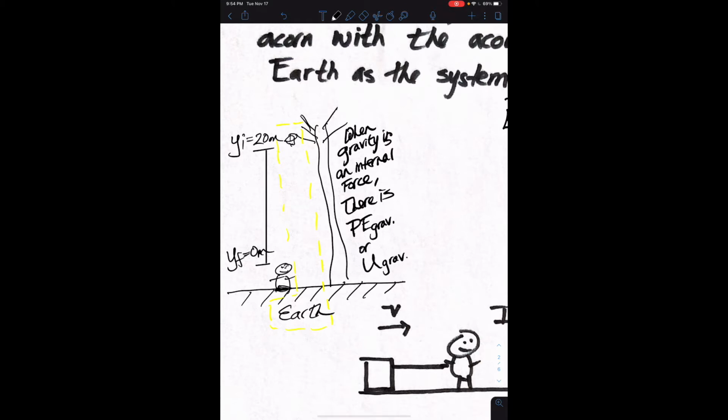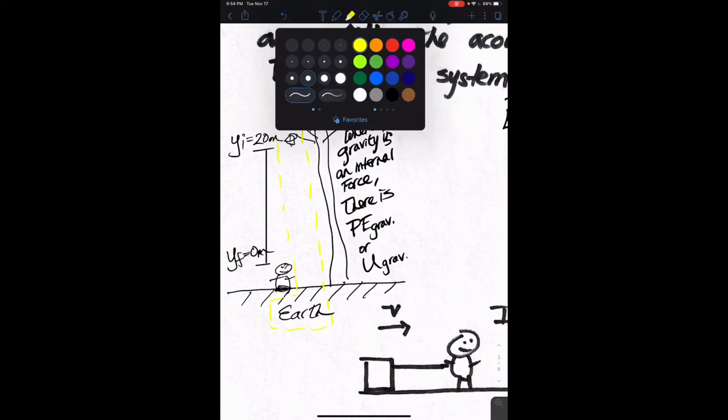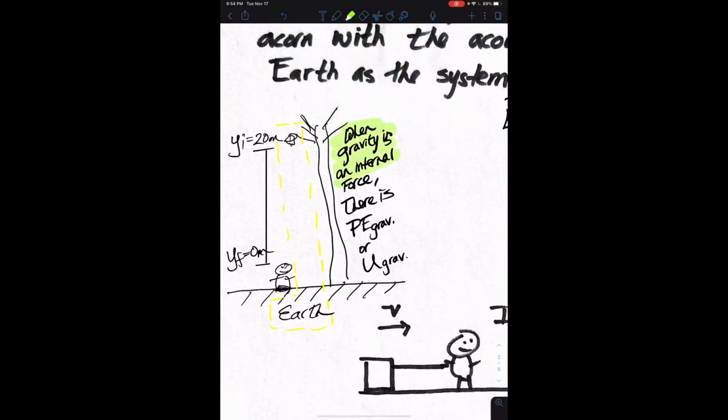Another symbol for potential energy is just the capital letter U. So this is kind of the important idea here, is that when gravity is an internal force, there is potential energy,